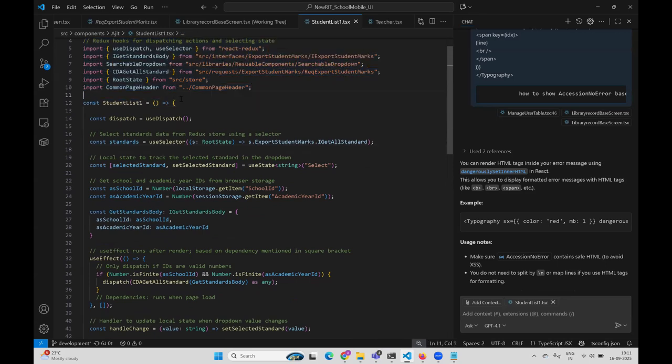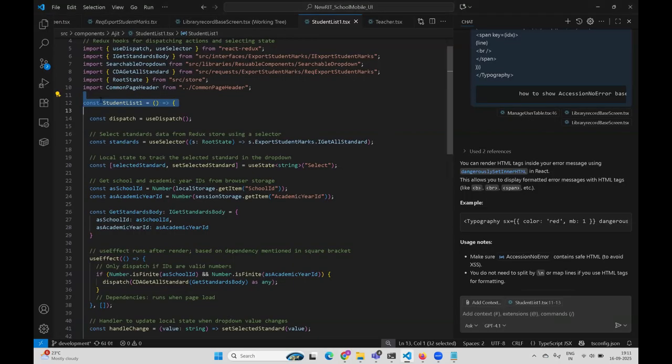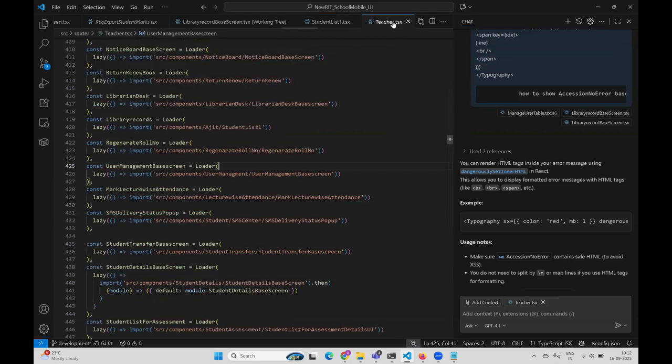Now, when the component starts, this is one of the components, right? So what you see below this blue header is a page, and we can write any page and it will start displaying once you click on the menu. But this particular page in React terms is a component. So I created one student list one, because this will be some series based on different scenarios. So I just created first page, which is student list one, and I'm showing this into a menu under library